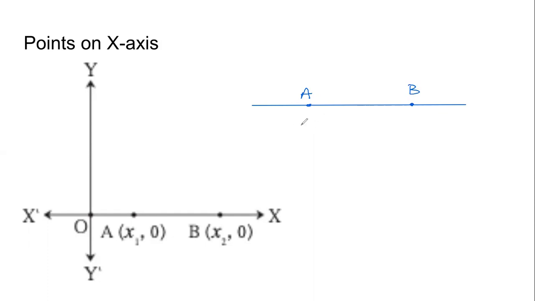Now can you tell me what should be the coordinate of A? No, Prachi? No, Akhilesh? Chanda's answer was right. What Chanda said? No, Tushar. Chanda said it is x1 and it is correct. It is not 1, it is x1. Now you tell me what is the coordinate for the point B?